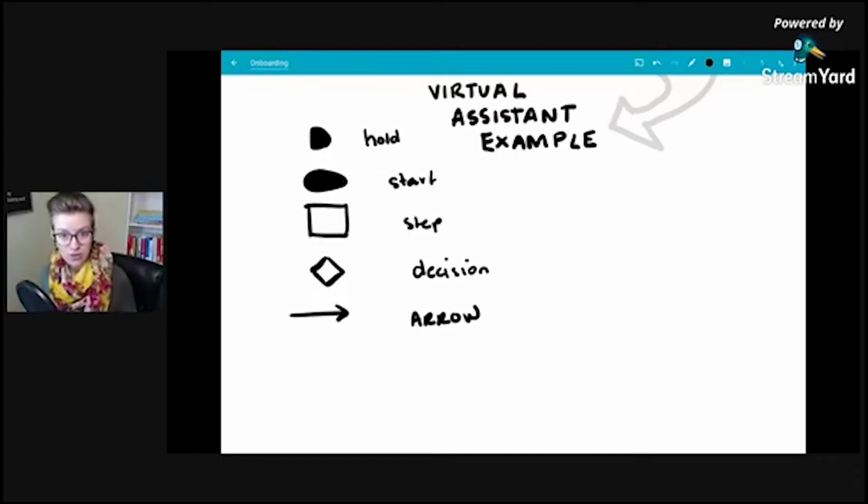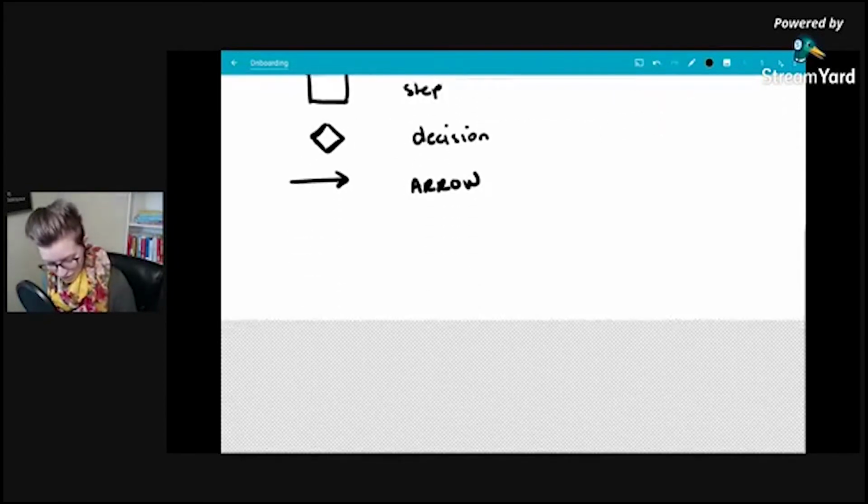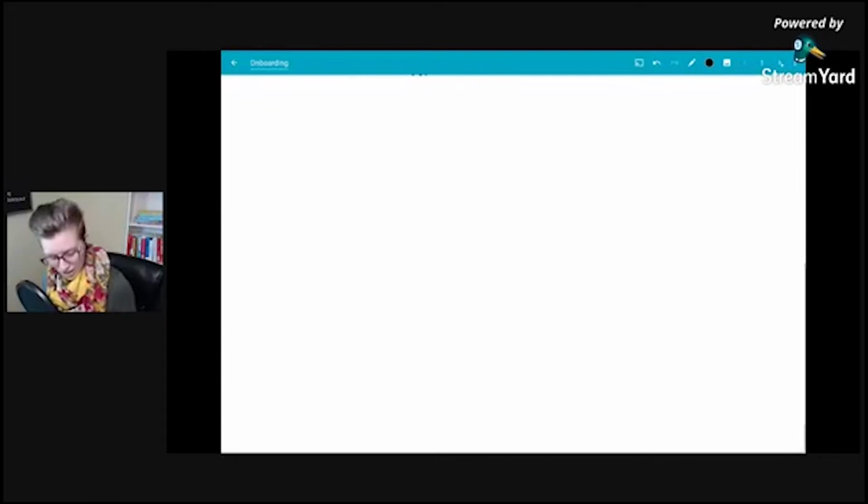All you need to do this in your own business is, right now I'm using a tablet, but you can use a piece of paper, some sticky notes. I think sticky notes are actually a great tool for this. And let's get started. The reason we are process mapping today is that we can figure out what this hypothetical virtual assistant company would need to have from a technology perspective. So once we have these workflows,